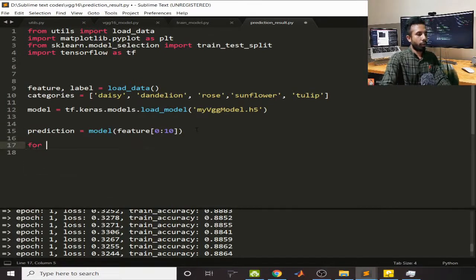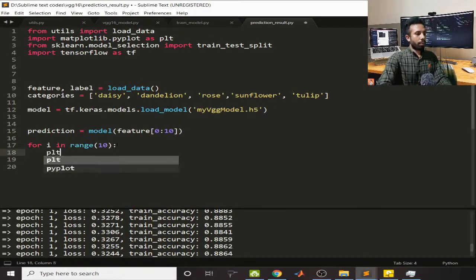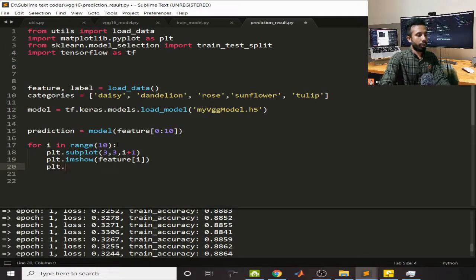Okay, now let's see the result. For i in range of 10, plot dot subplot, give 3 comma 3 comma i plus 1, and pass plot dot imshow, pass i, plot dot xlabel, and pass predicted, so predicted, give percent s,